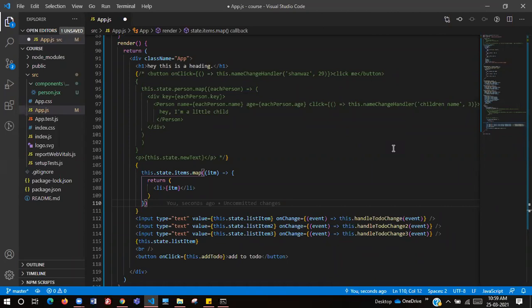Actually, I don't know about React and I'm learning everything since yesterday itself. Harish or Shanvaz? Okay.